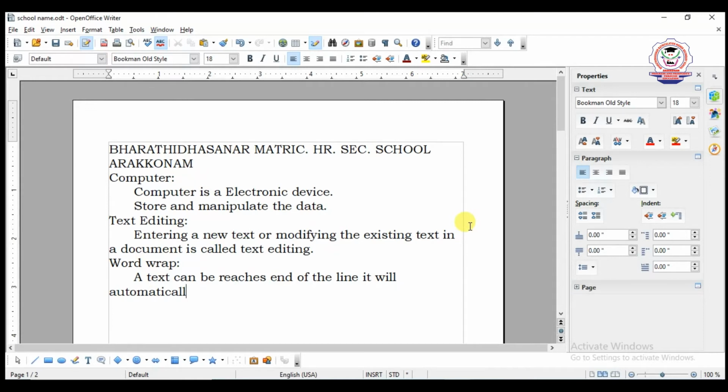Are you seeing that now? When I am typing the content, it will automatically move to the next line. That means when it reaches the end of the line, it will move automatically. So this is called word wrap.